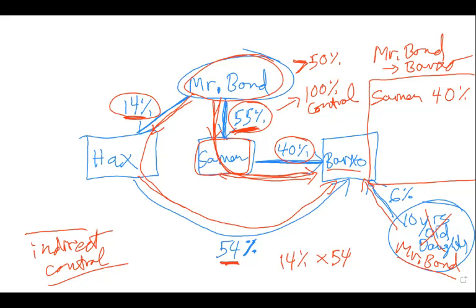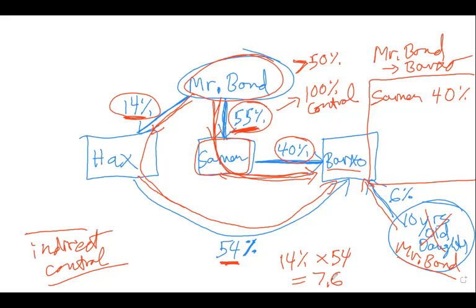So if I do 0.14 times 54, I get 7.56. Is that what we have in our solution? Yeah, they rounded it up to 7.6. So let's call it 7.6. We'll round it up. So that equals